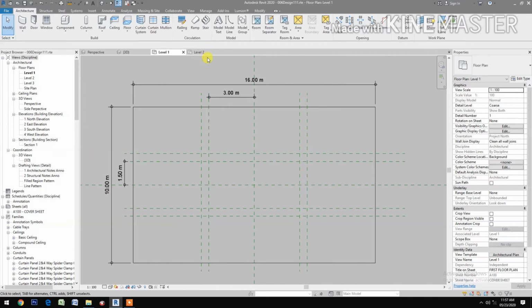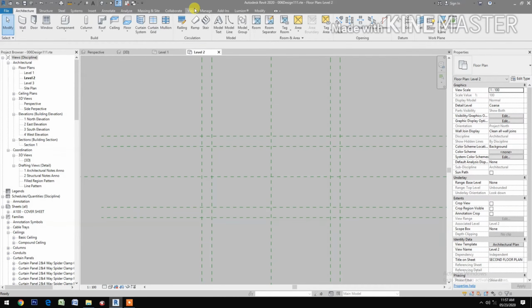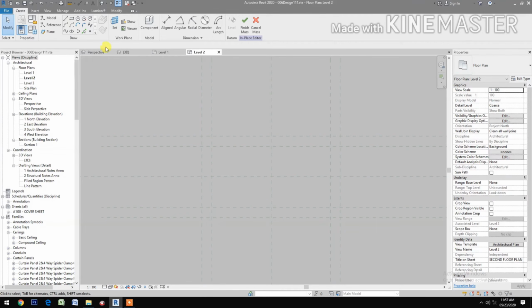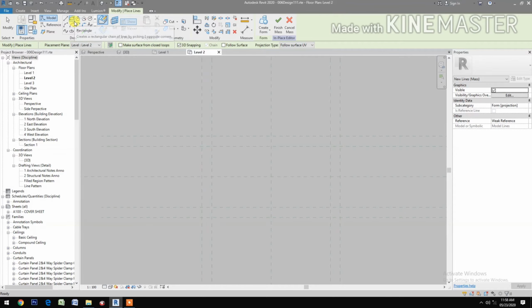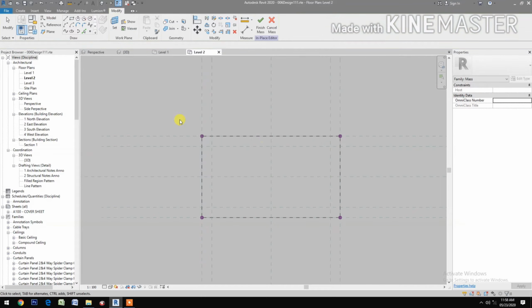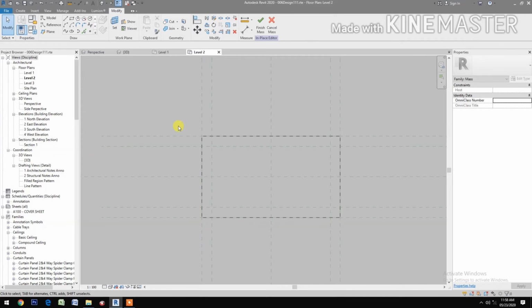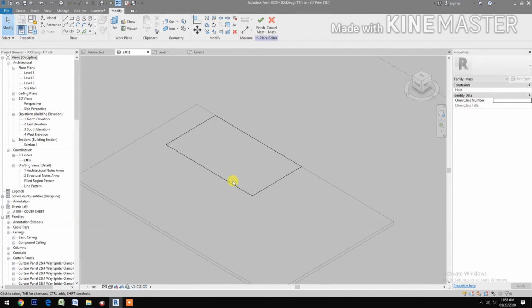then let's go to level 2, massing and site, in place mass, mass 1, okay, select rectangle, pick at the top corner, make sure it's on 3D snapping, okay, pick, and the bottom corner, pick, then cancel, select the lines, create form, select surface,